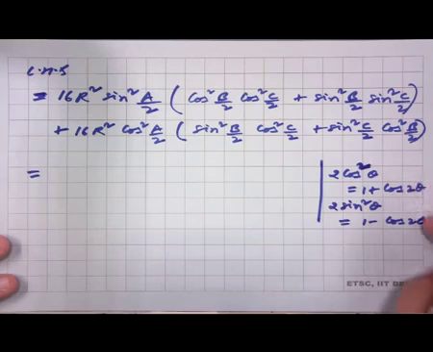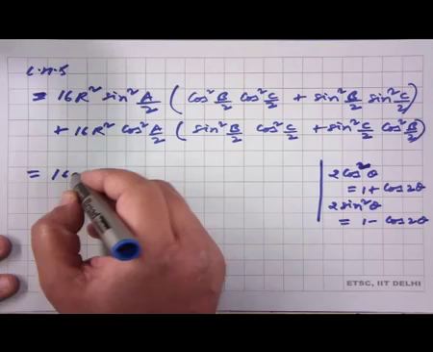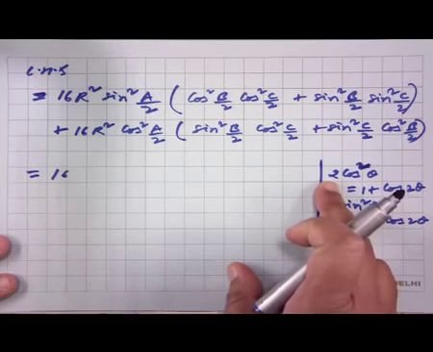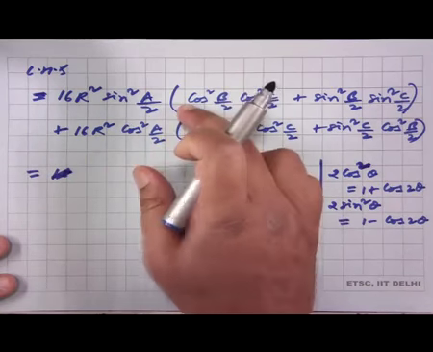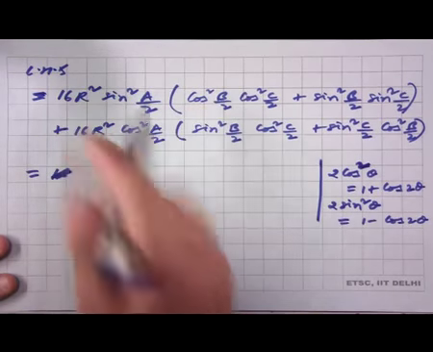We will use these two results here now. So, since we need a factor of 2 for this and 2 for this, we will have to move 4 inside. So, what remains here is